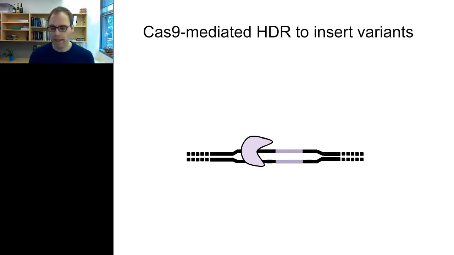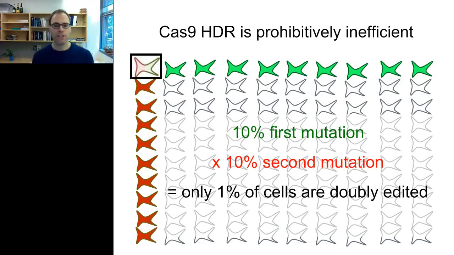All this is great. The problem is that Cas9 is not particularly efficient, especially when it comes to HDR. And if you start thinking about editing multiple loci, this inefficiency becomes prohibitive very quickly. So imagine that we had 2 really highly efficient Cas9 guides and HDR cassettes where we could get 10% HDR at each locus, right? That means that only 1% of our cells would be doubly edited, that is, have edits at both of the 2 loci we were interested in. And 1% is not a pure enough population to do the types of biology or screens that we would like to do